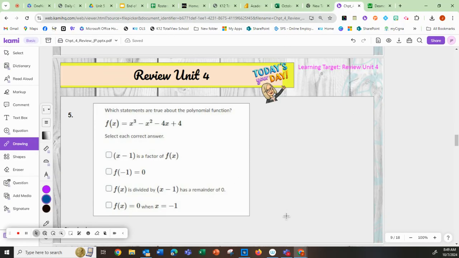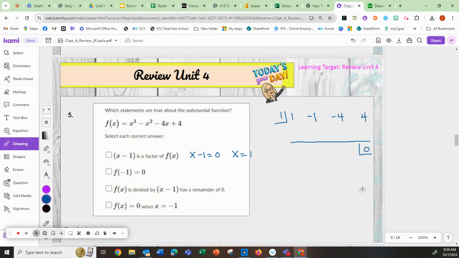Number 5 says, which statements are true about the polynomial function? So it says that x minus 1 is a factor. So if x minus 1 is a factor, then that means if I took x minus 1 and I set it equal to 0 and I solved it for x, and I did synthetic division, so a factor means the remainder is 0. So on this particular problem, I do think it would probably be easier to do synthetic division and prove that